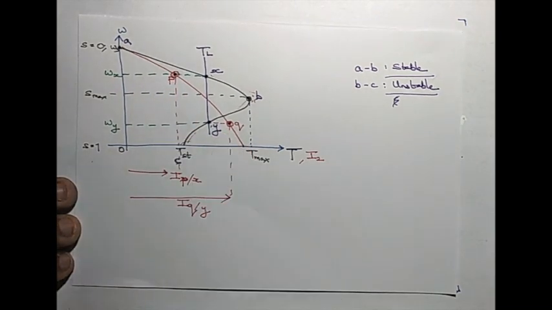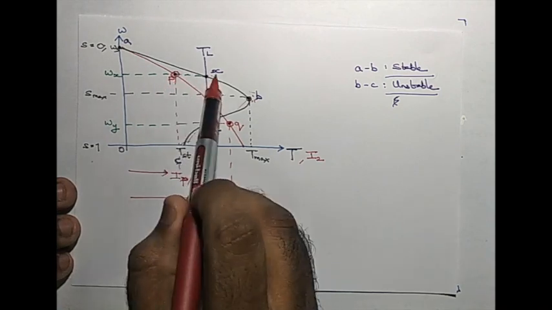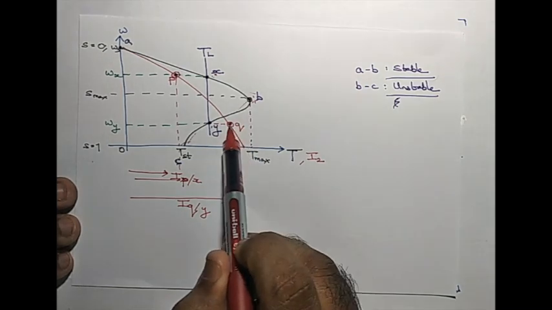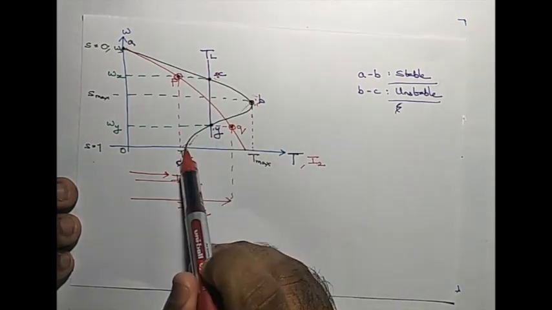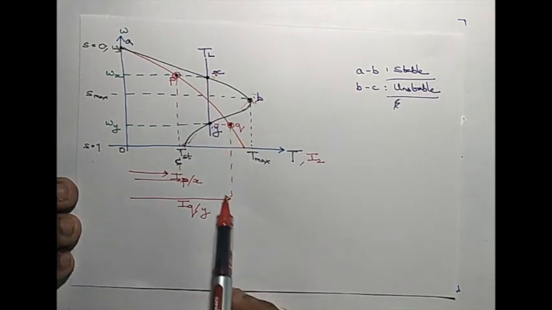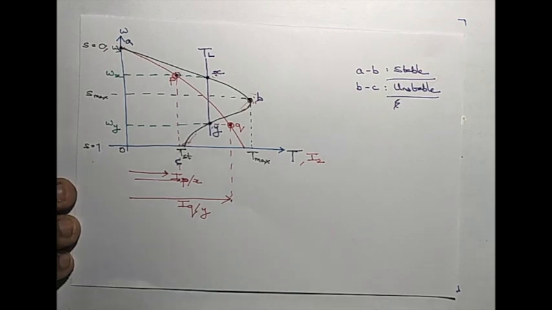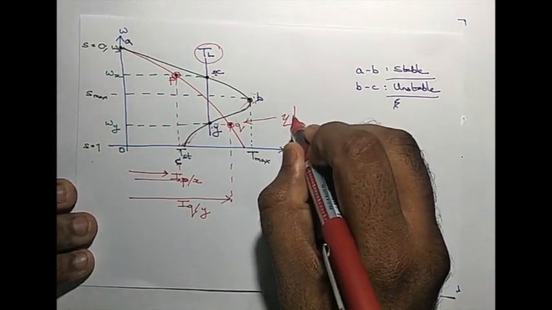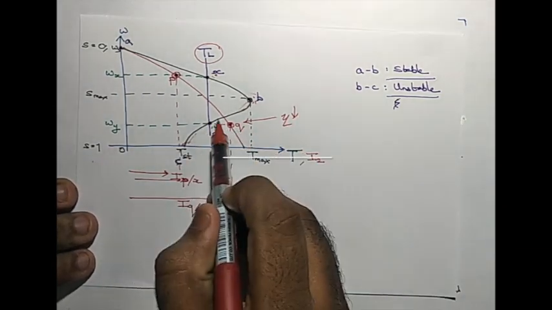the current drawn by the machine. The current drawn by the machine when it is operating at X is substantially lower, only this much. Whereas when it operates at the same load in the BC zone, the unstable zone, the current is much larger than this for the same amount of torque, which means your efficiency is poor. Efficiency is poor at operating point Y.